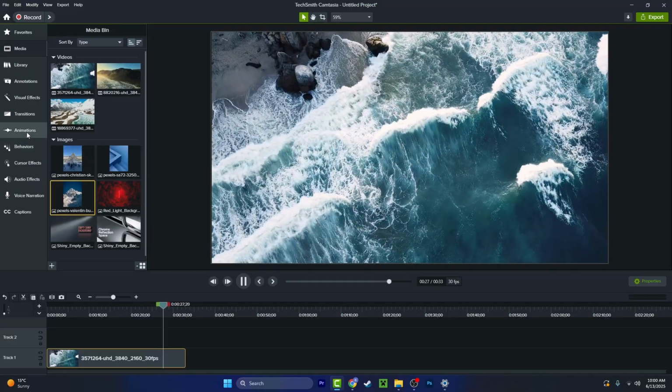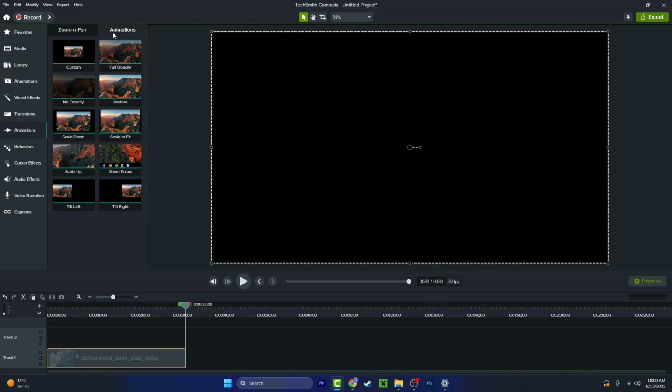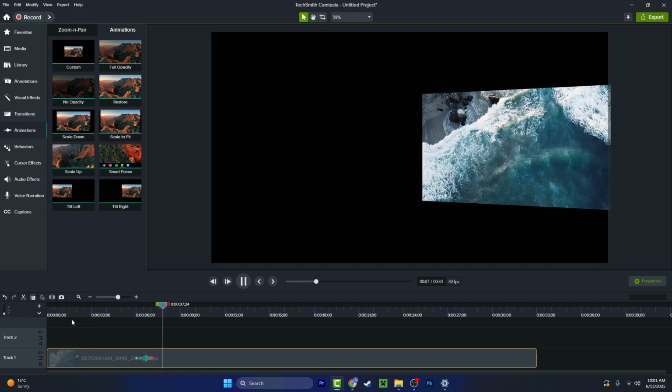So I have here on the menu from the left a sub-menu called animations, and I will go to animations. And you have plenty of animations from which you can play with. If you want to have a look and see how they will animate, you can hover your mouse over it and you can have an idea. If you want to add an animation from here, you can simply drag and drop this animation and you'll find